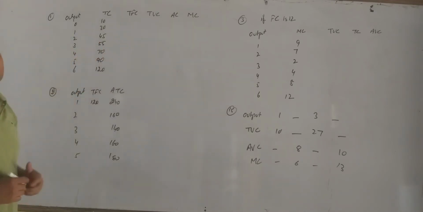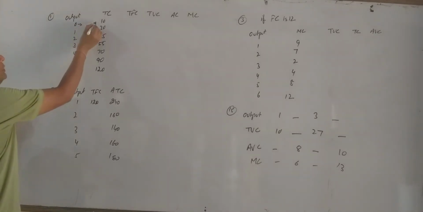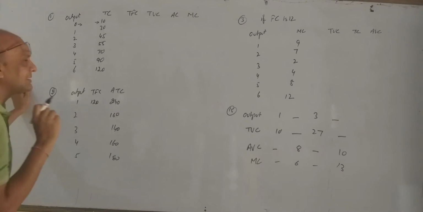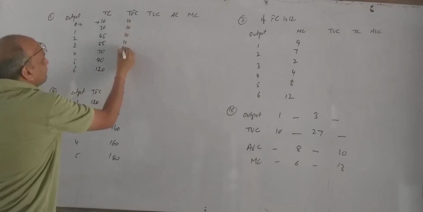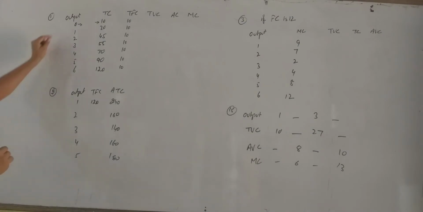Now, the sum is asking total fixed cost. You know, at 0 output, cost is 10. So the cost which occurs at 0 level of production is always known as fixed cost, as we have discussed earlier also. So what will be the fixed cost at each level of production? 10. Because even when production is 0, we are incurring cost. So this is known as fixed cost.